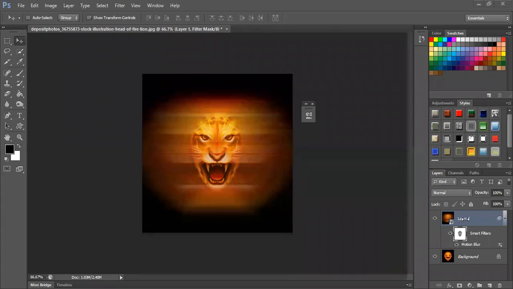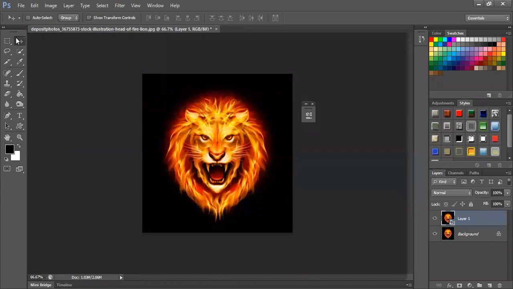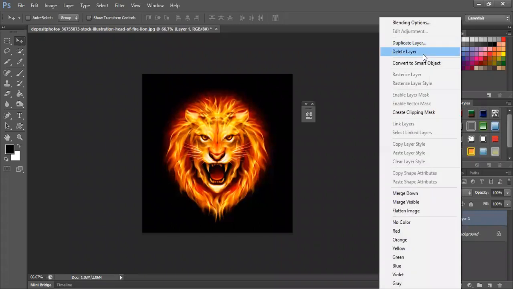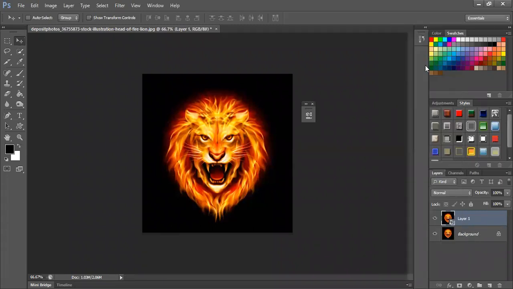Now what I can do is apply, just give me a second. I was like this completely. This was my original image. If I want to start from scratch, this is the original image. I duplicated the layer by doing Control J. Right click on this layer, convert to smart object.